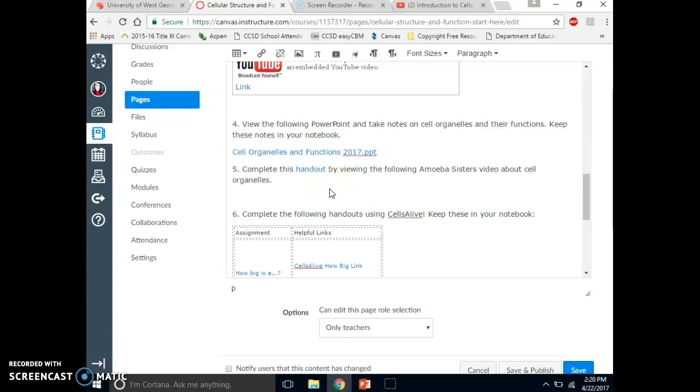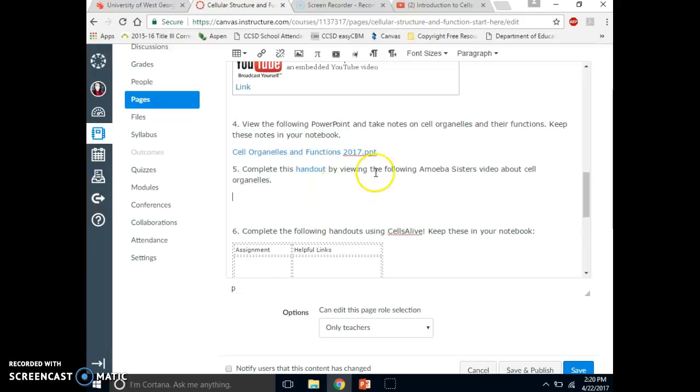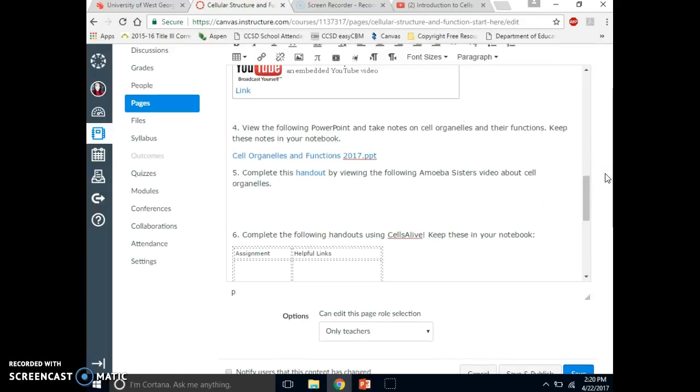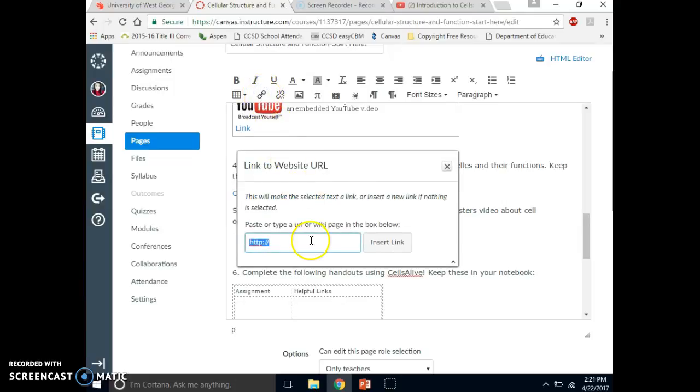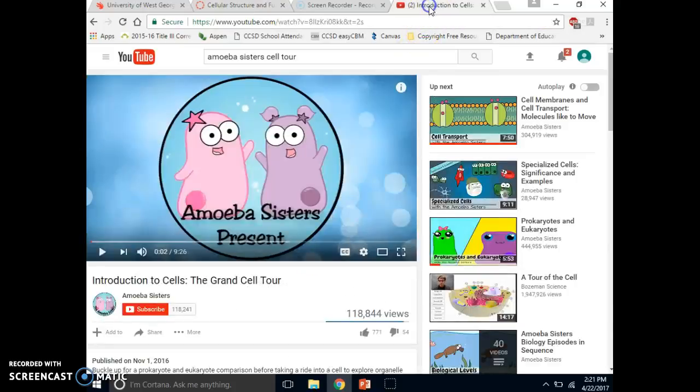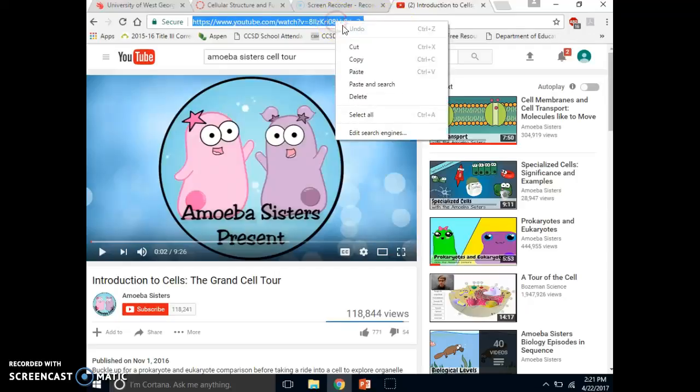Alright, so the next thing we're going to do is embed a YouTube video into this page. So we're going to scroll up here, click where you want it to be, and you're going to click this button right here. It says Link to URL. And it opens a window for us. So I've already got the video that I want to embed pulled up on YouTube so that I can copy the URL,